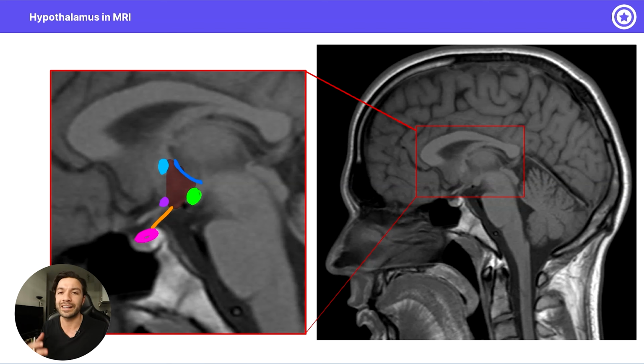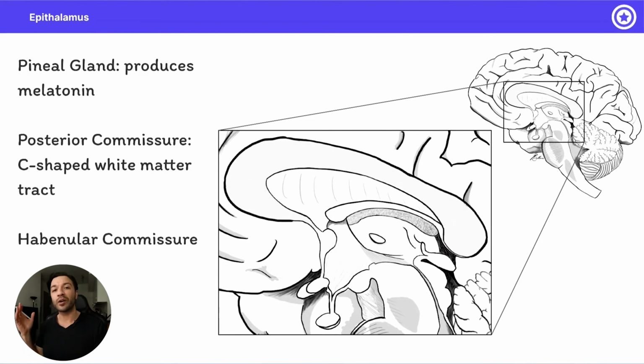So as you can see, identifying these structures on an MRI is not too hard. We just need to look for our landmarks and keep in mind our neuroanatomy. So finally, let's talk about our third major subdivision, which is the epithalamus. This is going to be found in the posterior aspect of our third ventricle, or diencephalon, however you want to classify it. And the epithalamus is really made up of three main structures, the most notably being the